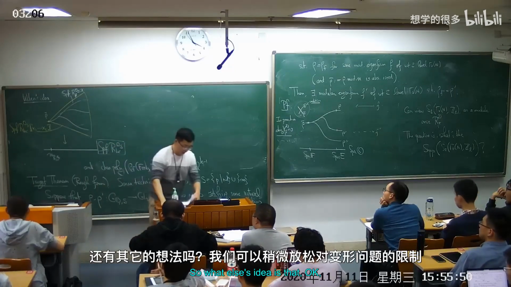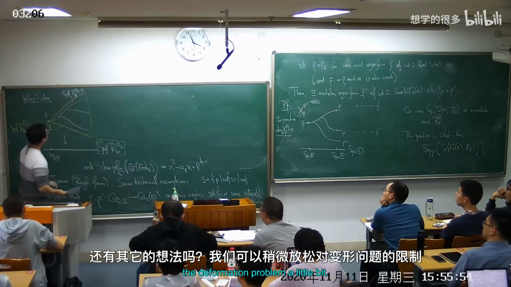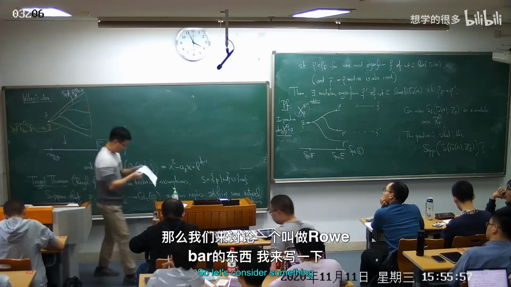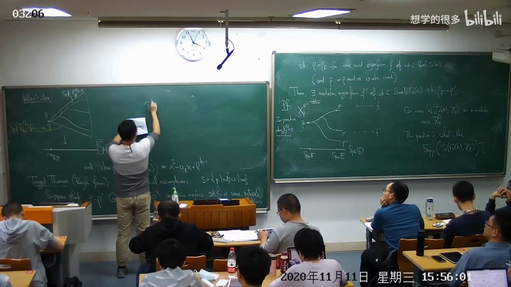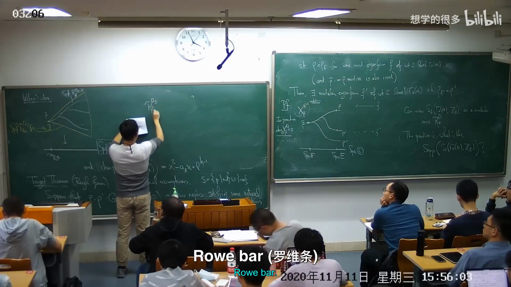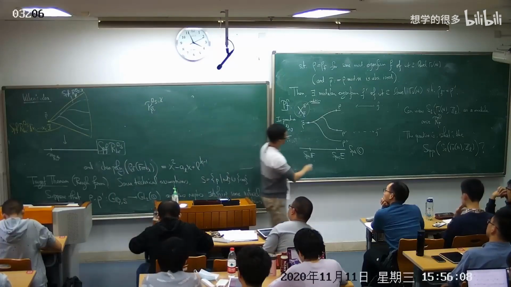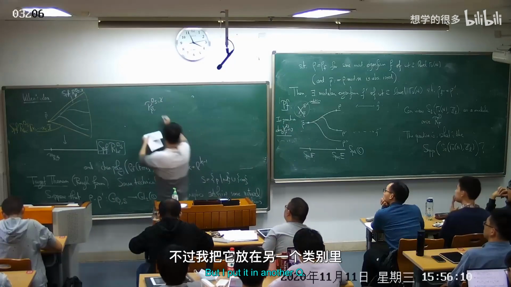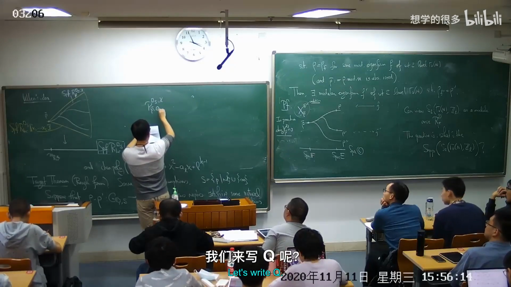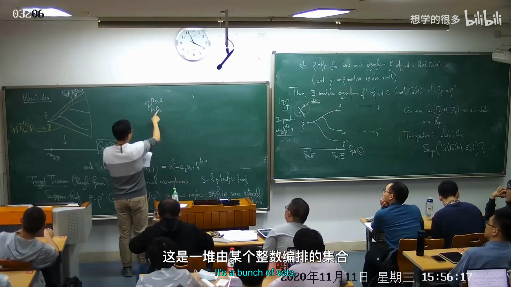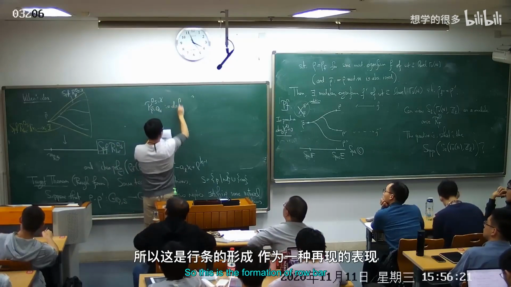So Wiles's idea is that, okay, let's relax the deformation problem a little bit. So let's consider something called, let me write this, rho bar, fixing a determinant. That doesn't really matter. Let's just put it in context here, that's okay. But I put in another Q, let's write Q_n. It's a bunch of sets indexed by some integer n. So this is deformation